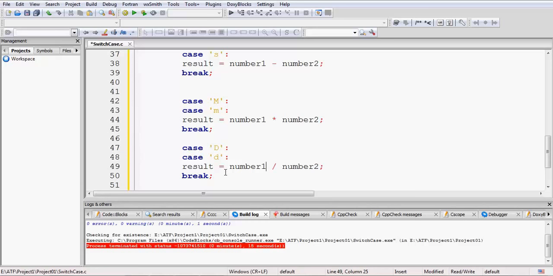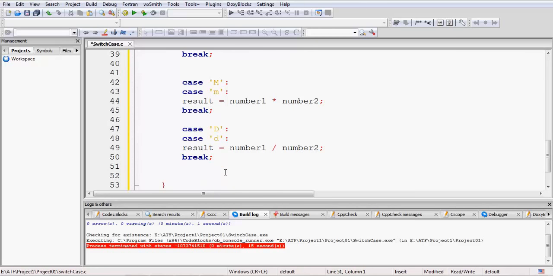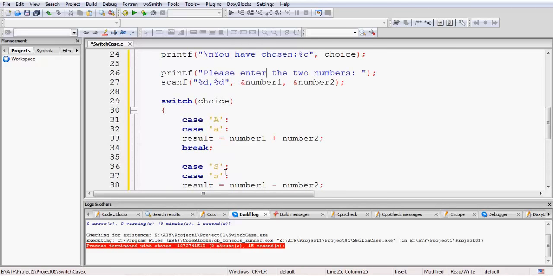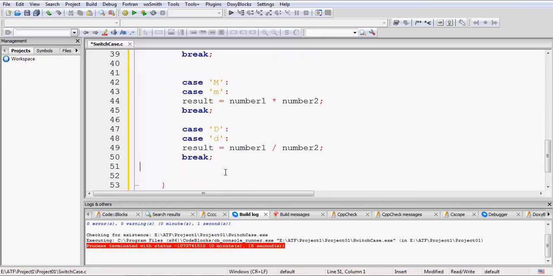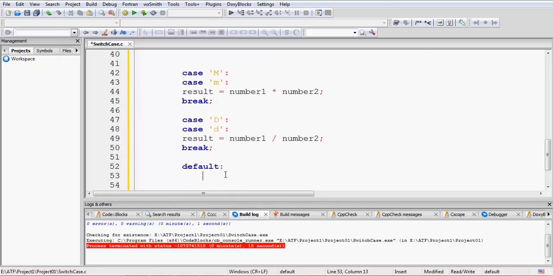Now we assume that we will be dividing number 1 from second number. Okay, so that is what we have assumed over here. So now the result would be calculated as per the value input by the user using this switch case statement. And there is an option that the user might not input any of the matching values. So in the default case, which would be executed whenever the value of choice does not match any of the cases,